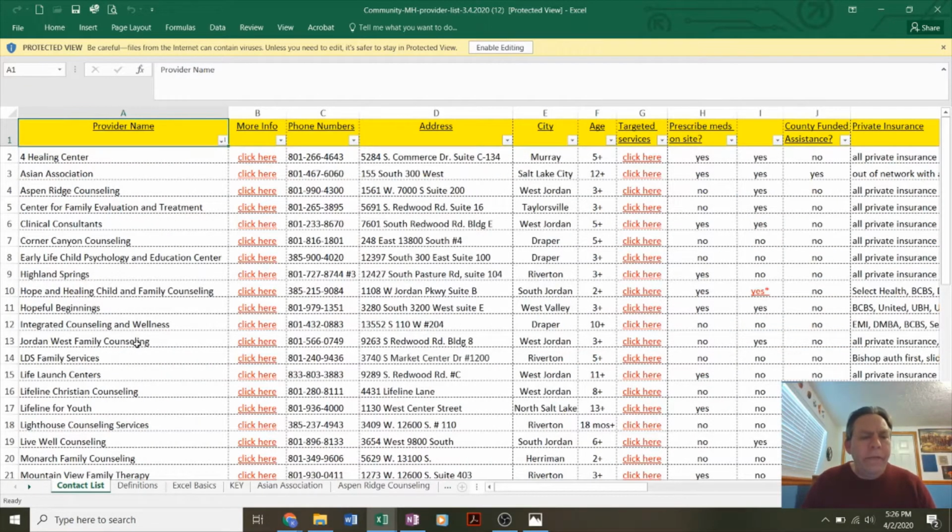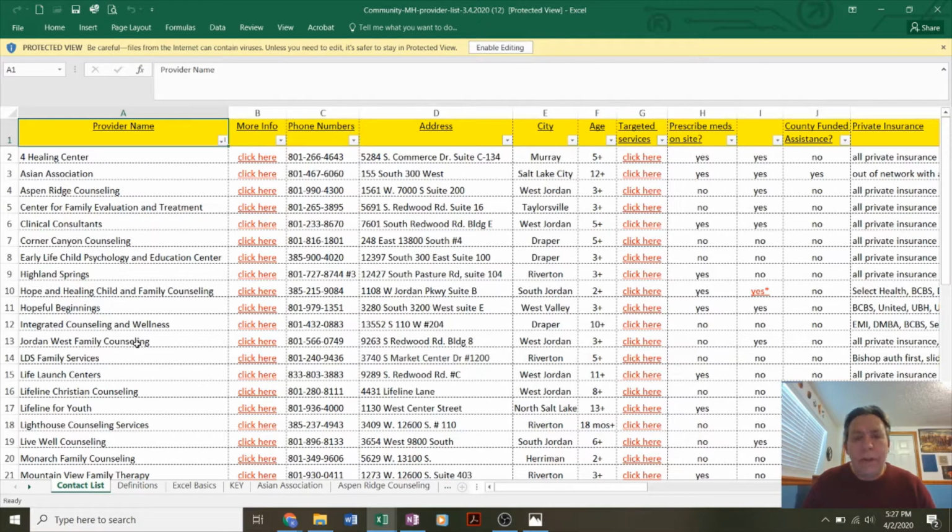On here is 40 different providers that we have gone out, seen their locations, taken a tour, met their staff, interviewed them to ensure that they provide the best quality services that a mental health provider can provide in our community. We decided to create this list because we had difficulty finding good quality lists that would lead us to resources to help students that might be struggling or who are at risk, or parents that needed any kind of help. So we decided to put together our own list.